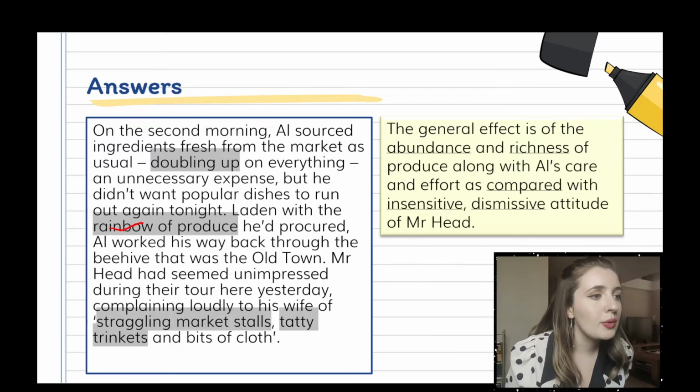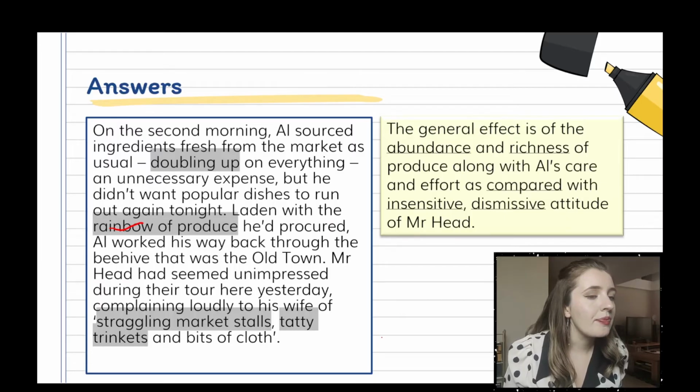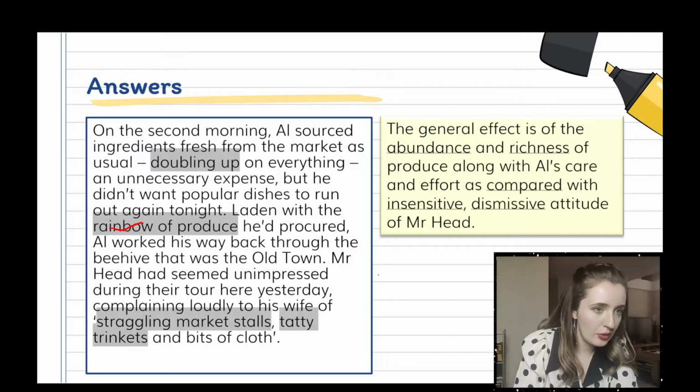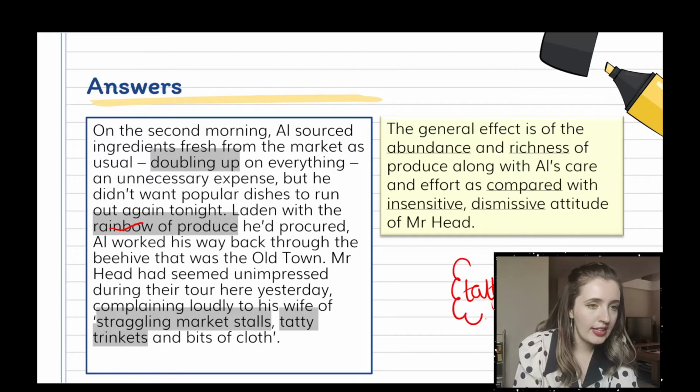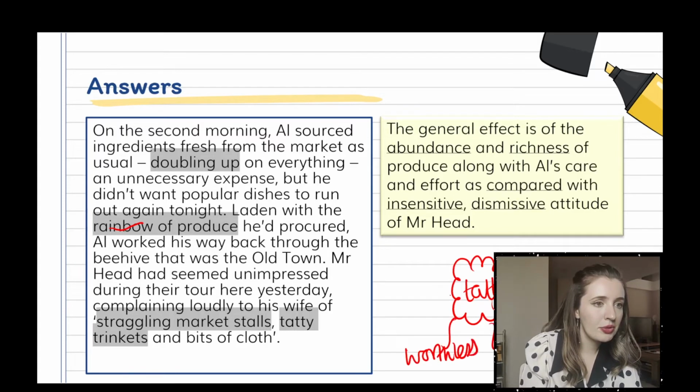So next I would talk about Mr. Head, and let me pick a good quote. Let's do tatty. So say if I was going to talk about tatty trinkets, where is my pen? She's over here. Tatty. So the connotations of the word tatty, I would say cheap, easily broken, trash, worthless, mass-produced,